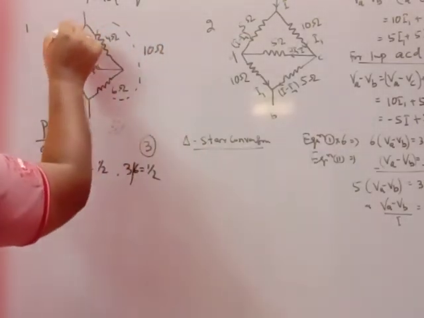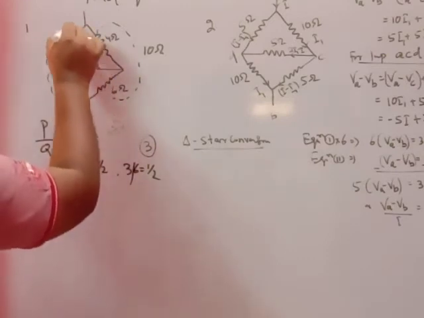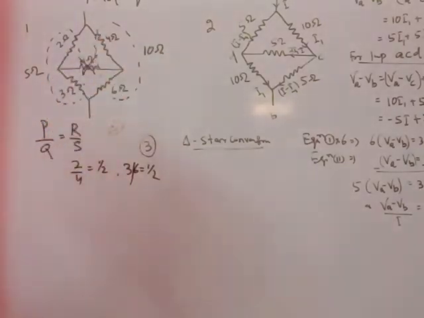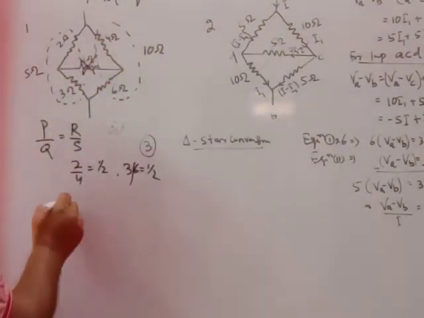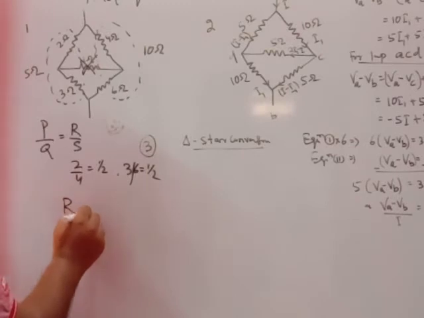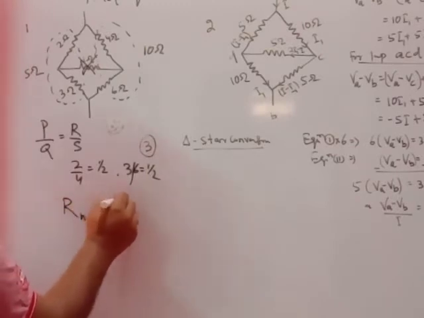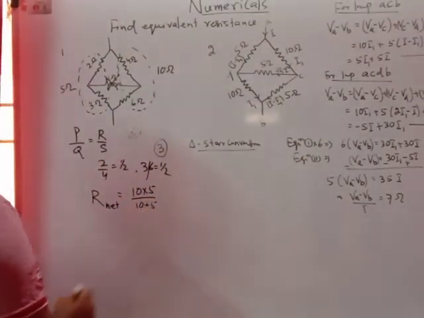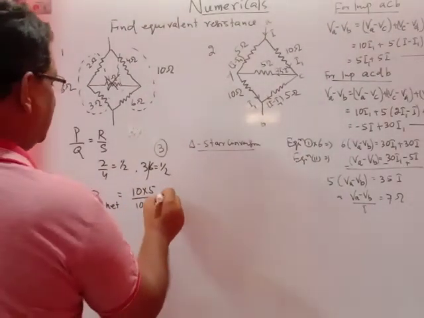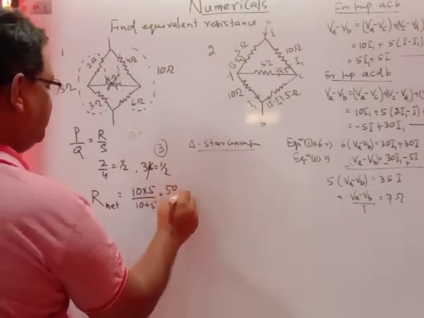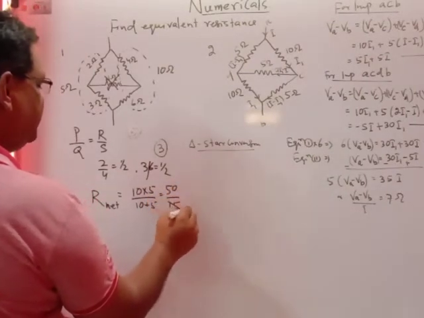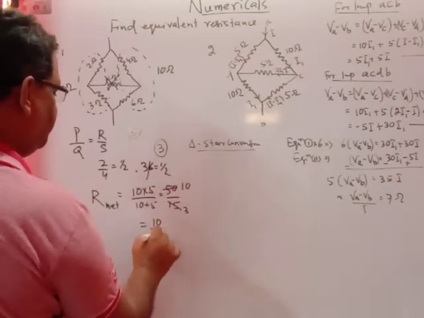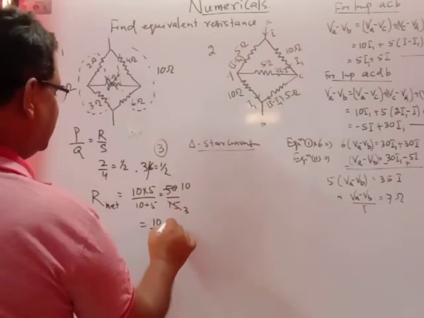and the net resistance of the other group is equal to 5 ohm, and this 10 ohm and 5 ohm both are connected in parallel. So net resistance is 10 into 5 by 10 plus 5, that is equal to 50 upon 15. So this is 5 threes are 15, 5 tens are 50, and equivalent resistance is equal to 10 by 3. Equivalent resistance is 10 by 3 ohm.